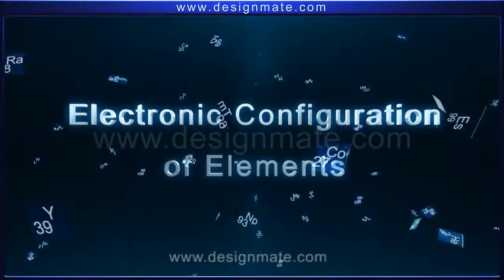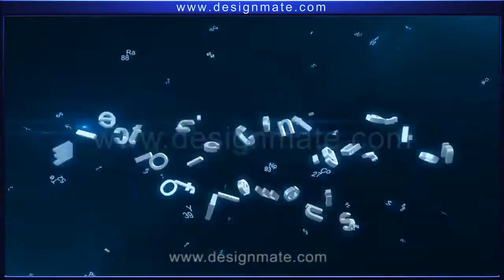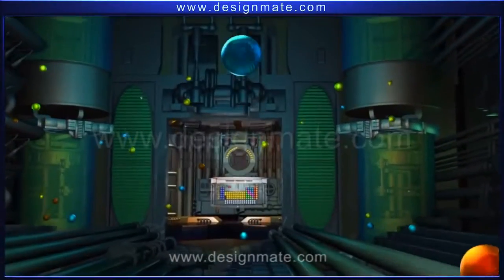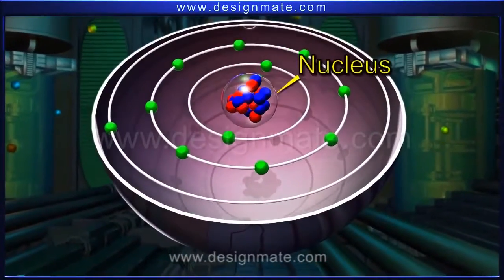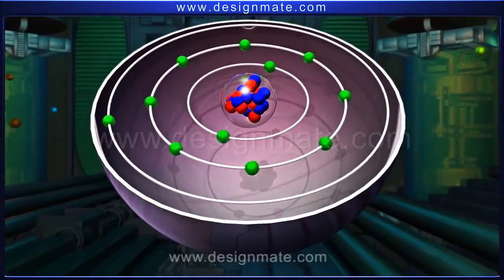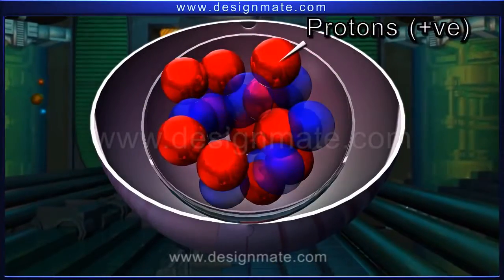Electronic configuration of elements. According to the Bohr's model, an atom consists of a central part called the nucleus, which contains positively charged protons